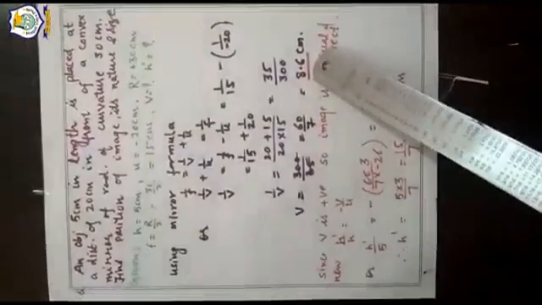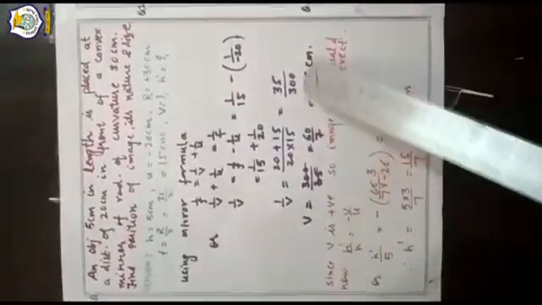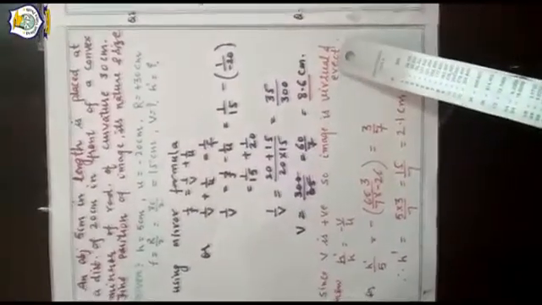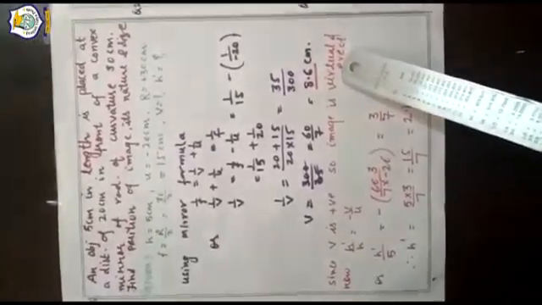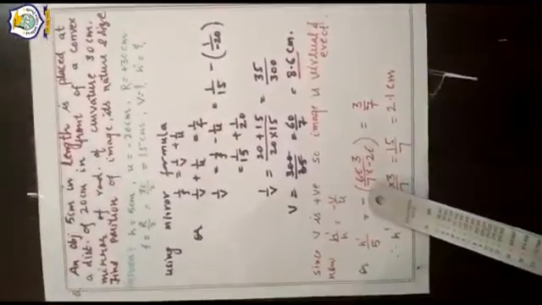Now if it is positive, then we can imagine which type of image this is. It should be virtual and erect. So this is the nature of the image. Now to calculate the size of the image, we will apply this formula: h dash upon h is equal to minus v upon u. Just put the values again. h dash upon 5 is equal to minus, outside the bracket. Then again put a bracket and place the values. v is 60 by 7 into minus 20, which is u.